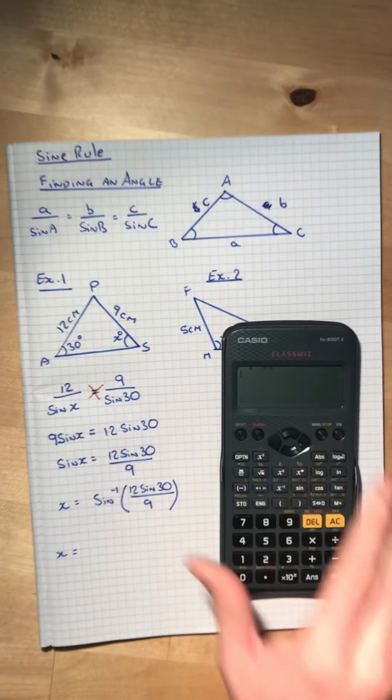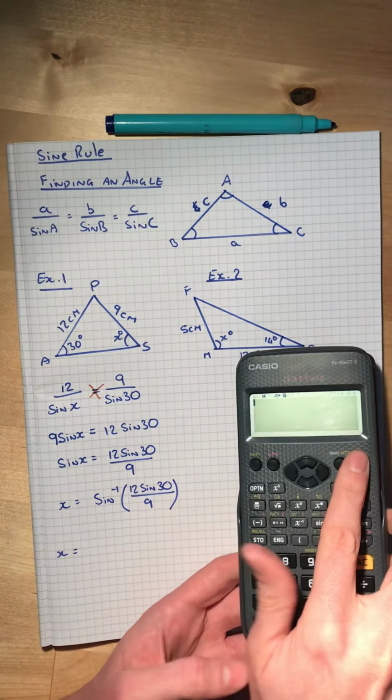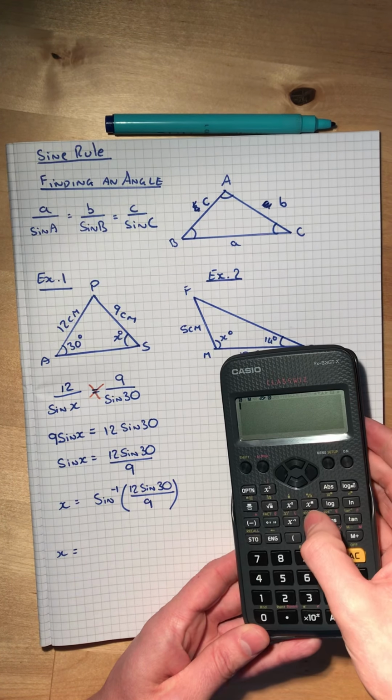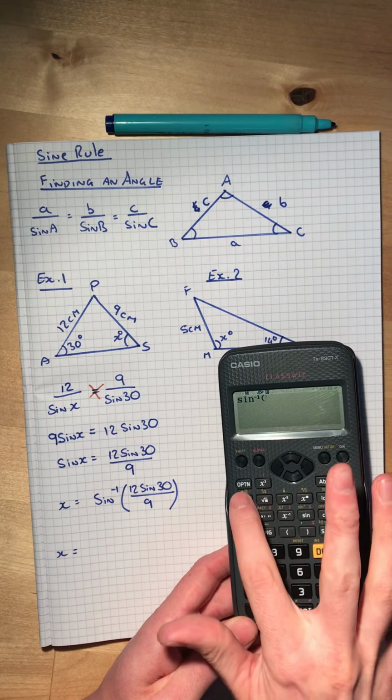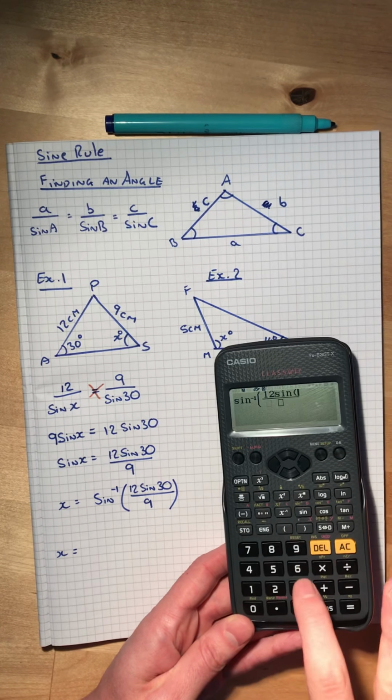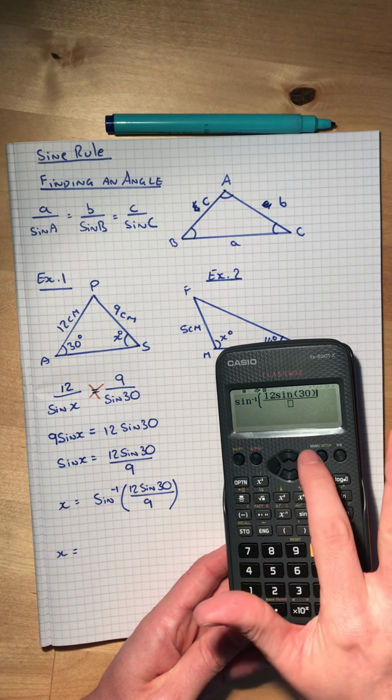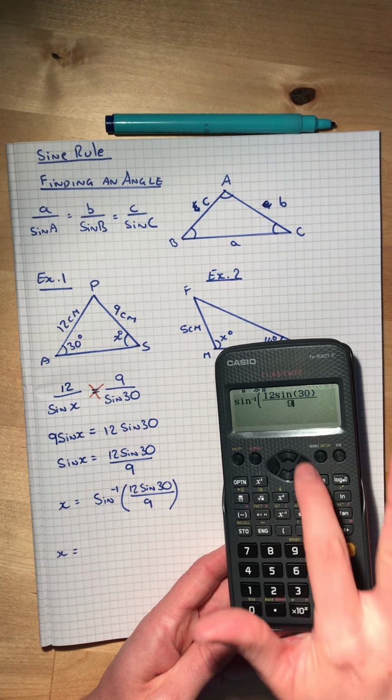And all we need to do is then put that into our calculator. So we do shift sine to get sine to the negative 1, fraction 12 sine 30 divided by 9